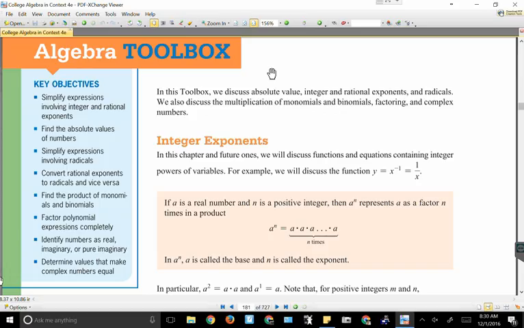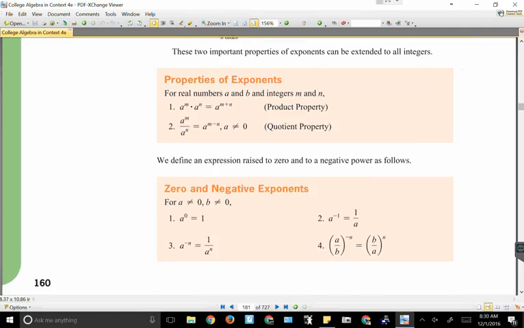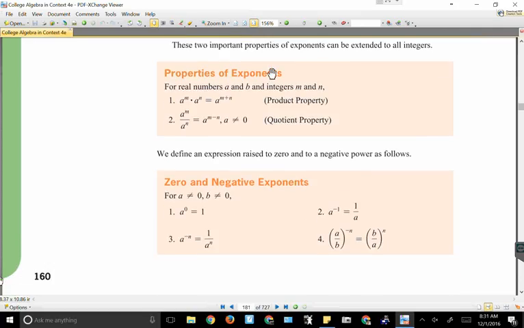Exponents. You guys are aware of exponents. I mean, that's not that big of a deal. You know, a squared just means that we have a times a, not 2 times a. Now, the properties of exponents, if you do not have these memorized, and trust me, you need to, become one. You shouldn't have a problem with that, and if necessary, write them down so that you've got access back and forth. But these things right now you should have